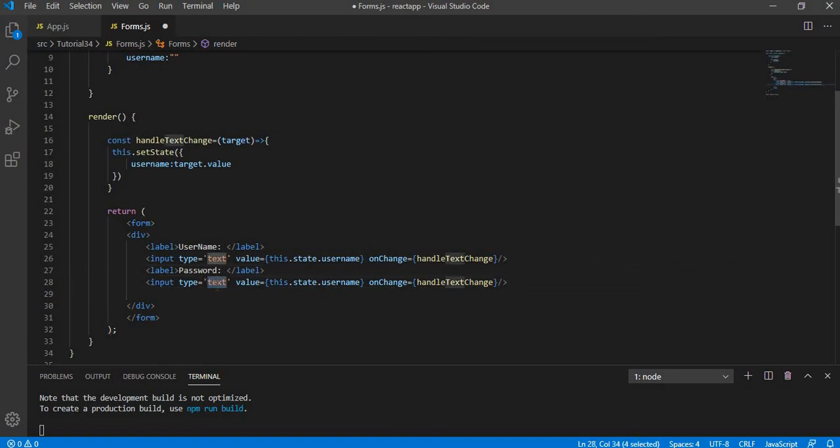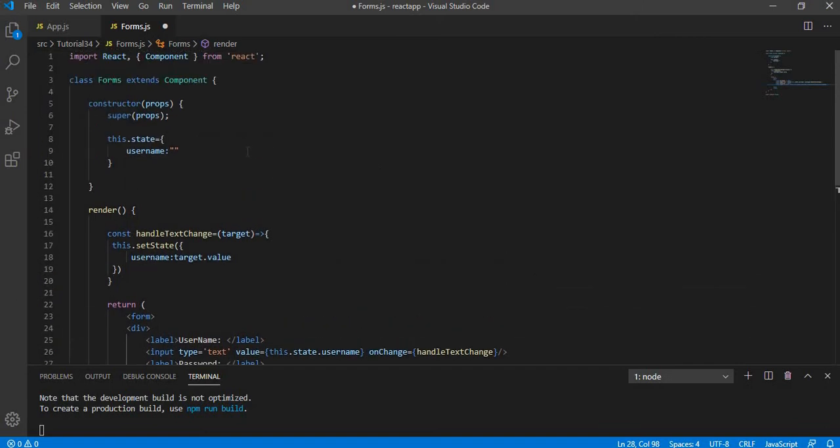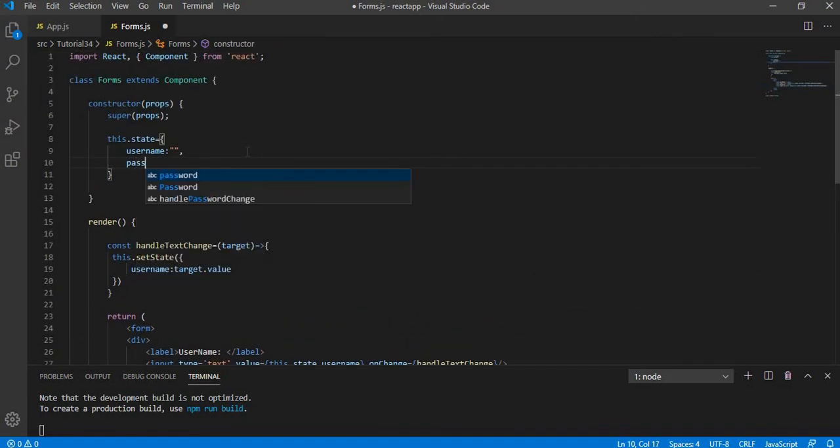And over here the on change handler, I'm going to name it handle password change, and in the set state I will give the default value of the password to be empty. Same I did for the username.